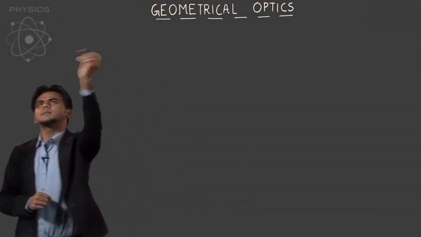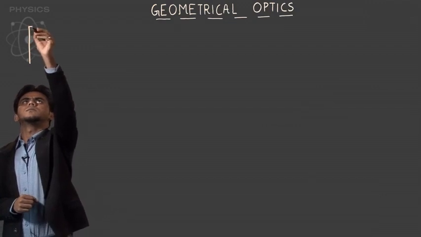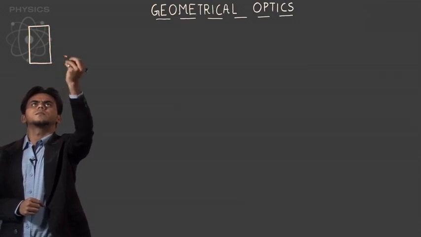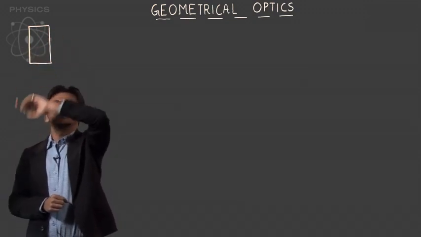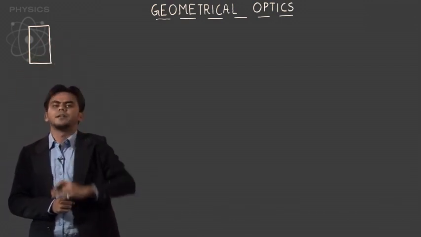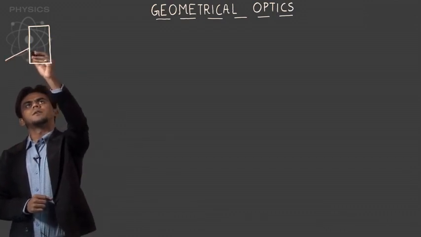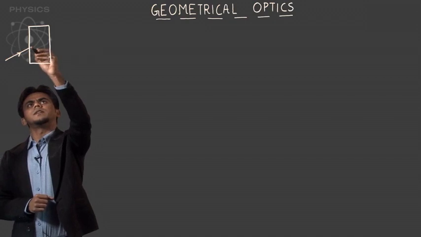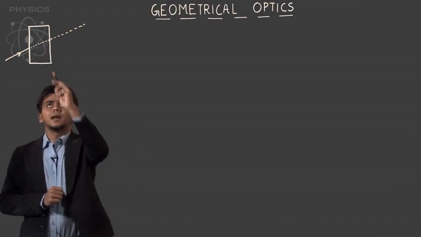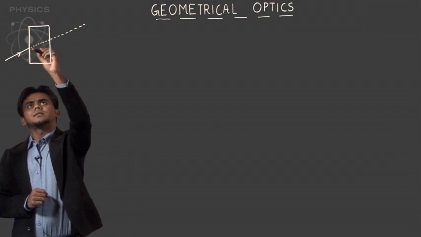So if I draw a normal glass slab like this, if there was no glass slab over here, just assume that this is simply a hypothetical, or rather an imaginary, diagram. My ray of light would come over here and go undeviated like this. But because there's a glass slab over here, there would be refraction at these